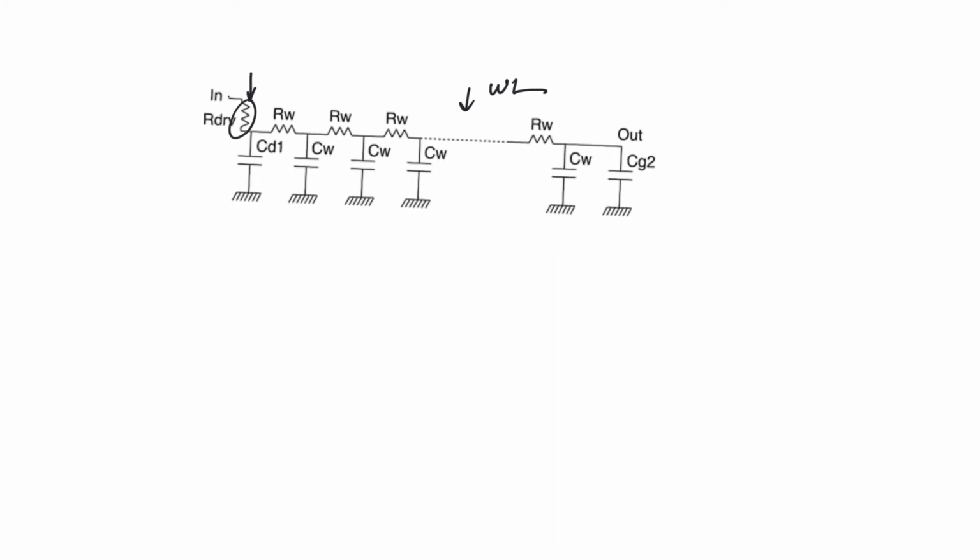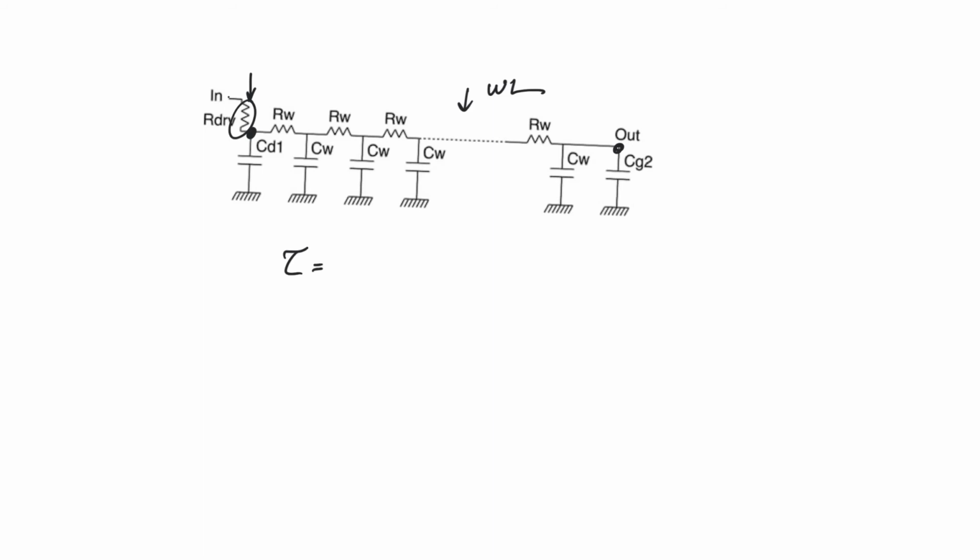So if we calculate the time constant using the Elmore method here, we will not find that the time constant can be approximated as R wire times C wire over 2. So let's calculate it here. And here I'm assuming that I also have CD1, which is coming from the self-loading of an inverter, and CG2, which is coming from the gate loading of an inverter. So I'm assuming here that I have two inverters